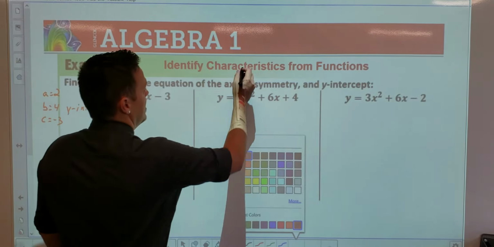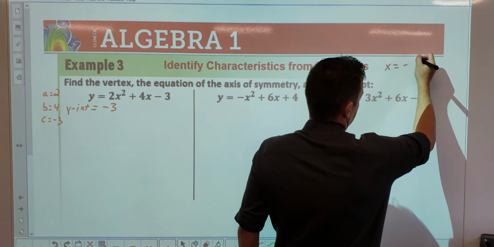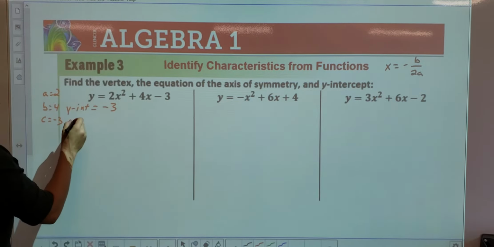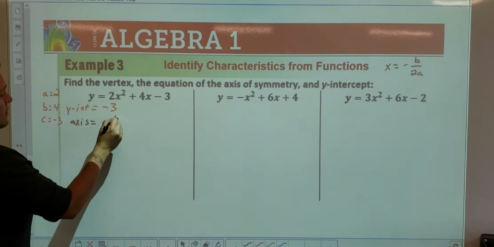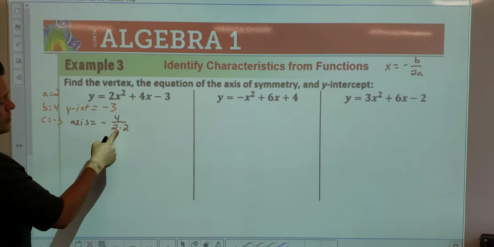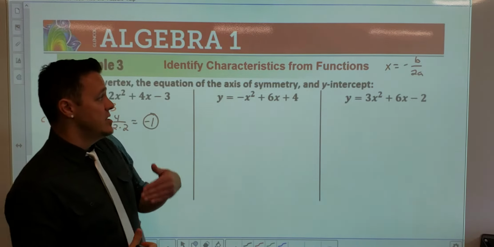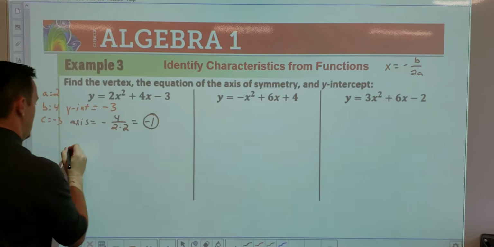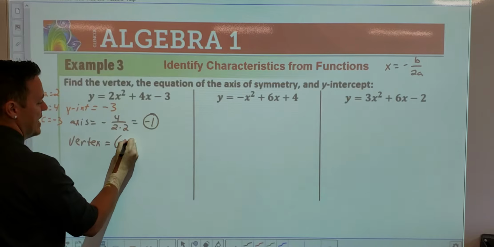With your formula, if you remember, the axis of symmetry is x equals negative b over 2a. So it's negative b, which is 4, over 2 times whatever a is, which is 2. So 4 over 2 times 2, and our axis of symmetry is x = -1. Now we have the axis of symmetry, so we work backwards to find the vertex. The point is going to be -1, comma,